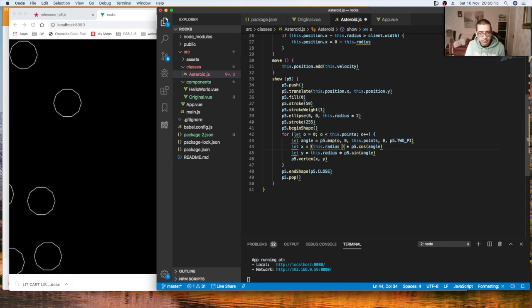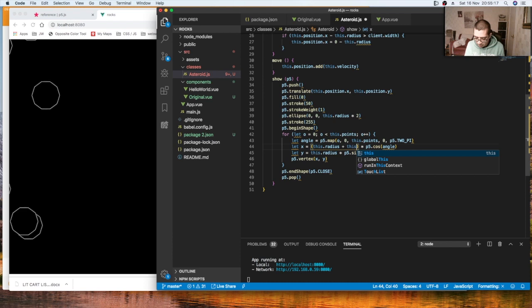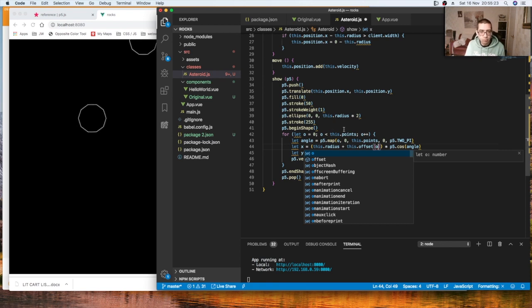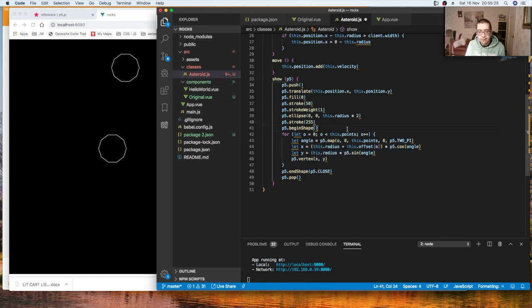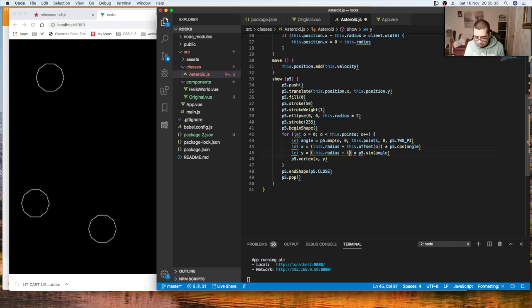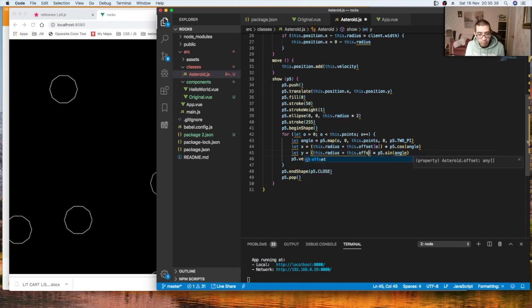So we need to add to this dot offset and then the current offset of this array, which is O. So we're going to add the offset, and then we'll do the same with this one here. So let's wrap this in a parenthesis first of all, and then do plus this dot offset